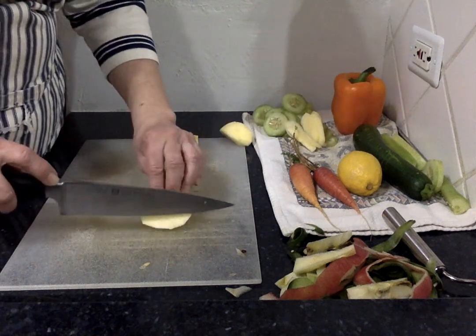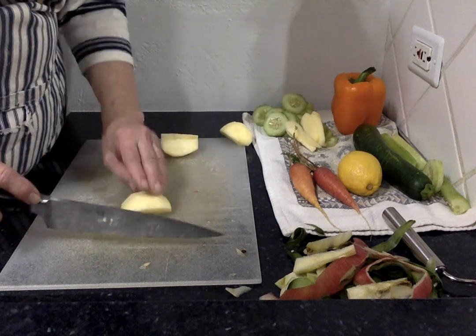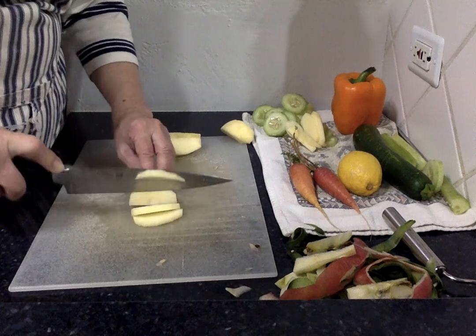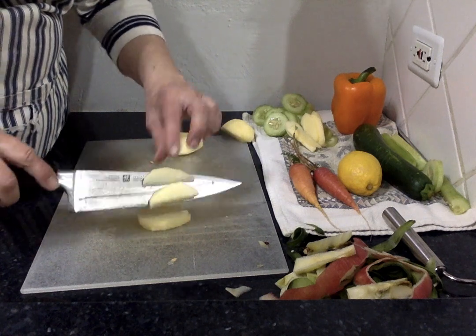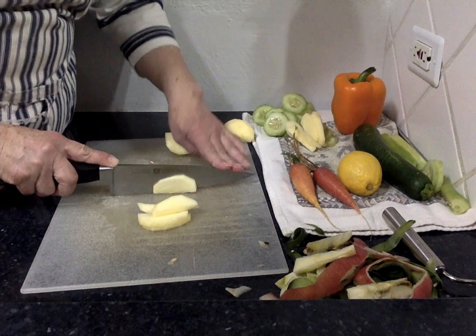Now we could put the apple here, but my fingers would have to be right by the knife in order to cut that. So I'm going to put that down there. I'm going to slice this like this. I'm going to slice it from the bottom again so that I don't have to worry about it. And this last piece here, and again towards you, not towards the blade, I'm just going to slice in half